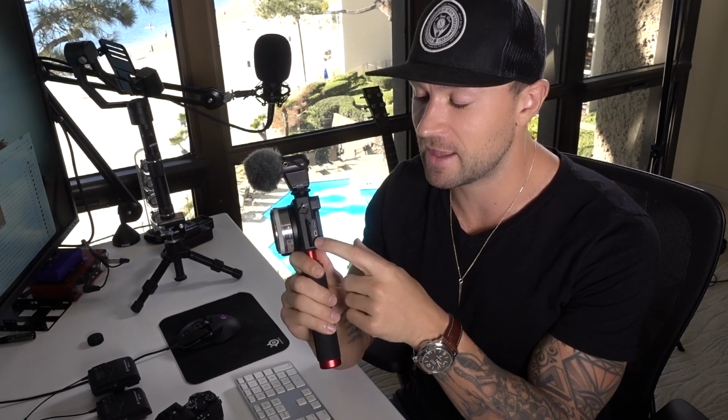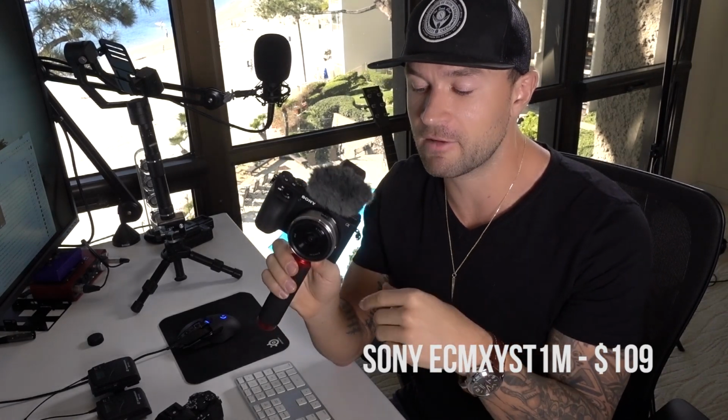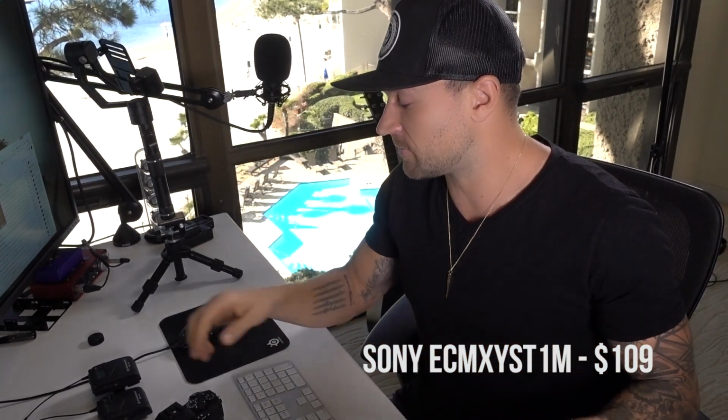The only downside is that it's not full frame and it actually doesn't have an input for headphone monitoring, but as opposed to the A6000 I used to have, it does have the actual input for the mic on the Sony a6500. So if you really want to get better audio quality than the onboard system, or adding in this Sony microphone that I have here, you can put something in that gives you great audio quality,